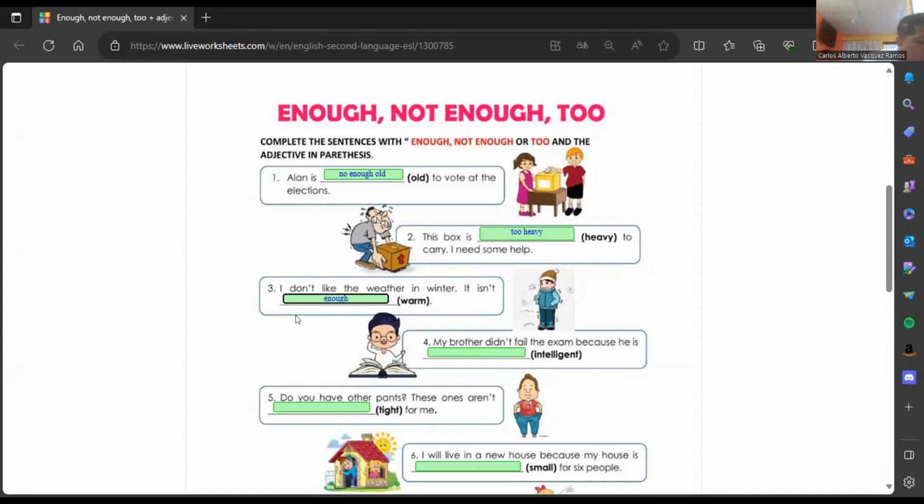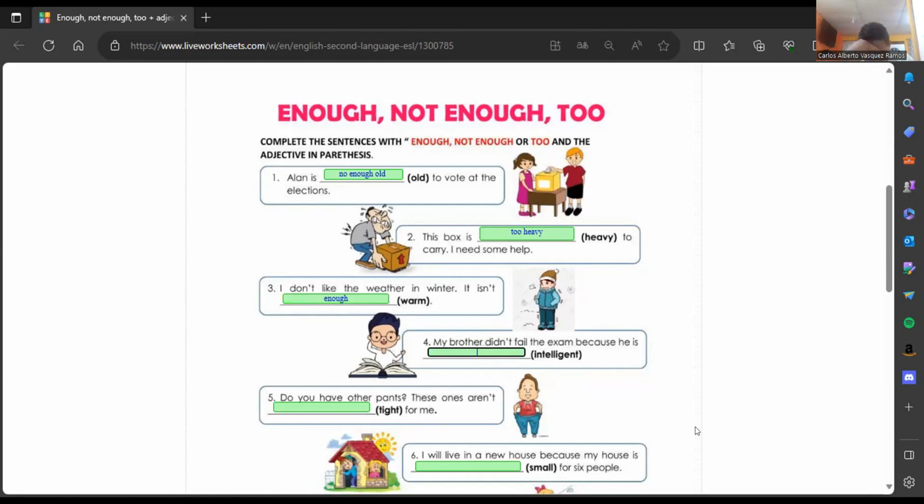Ajá. Creo que a eso se refiere. Yo creo que sí. Está diciendo que no le gusta el clima helado, el clima de invierno. Entonces no es suficientemente cálido, sí. Enough. My brother didn't fail the exam because